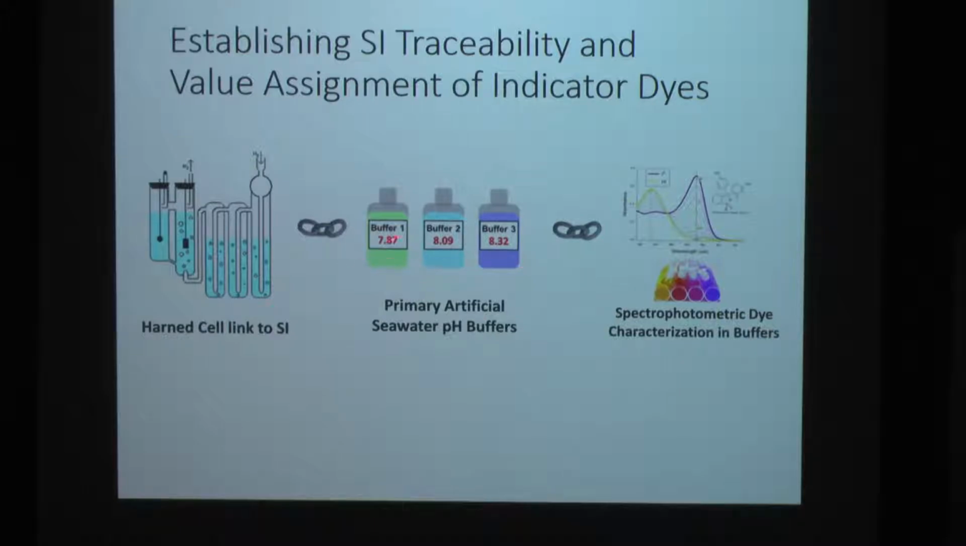So you have 3 different pHs. Now you can characterize the dye in each of these 3 buffers. And that's Regina's specialty, to make the spectrophotometric measurement in it. But you want to spend all the time. This takes months of effort overall. So you want to